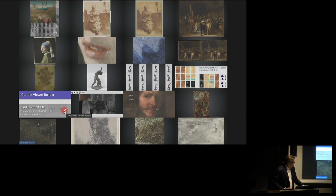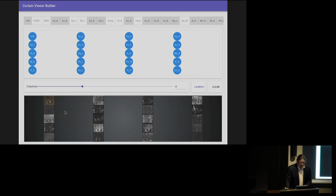So I mentioned also that one of the techniques we're applying for the Night Watch is a technique called macro X-ray fluorescence. The idea here is that we perform X-ray fluorescence 101 million times over the span of 56 days over the Night Watch. And X-ray fluorescence, what it does basically is it takes a point on an object, we shine X-rays into it,